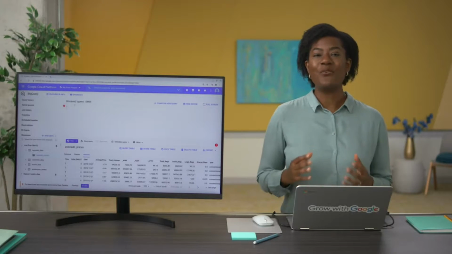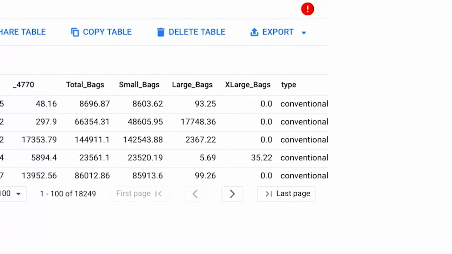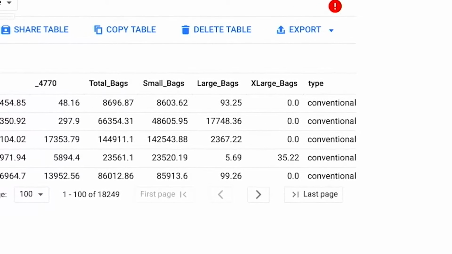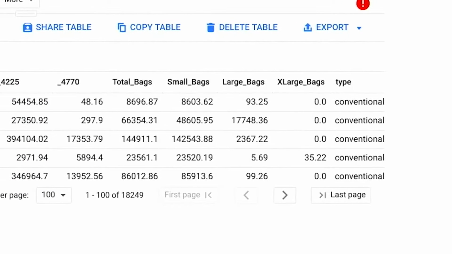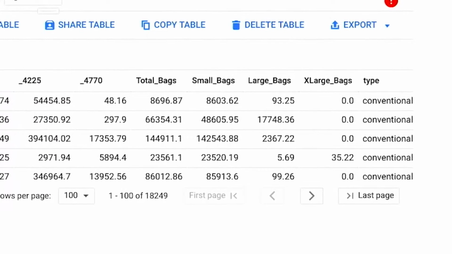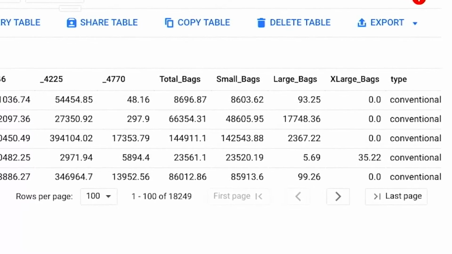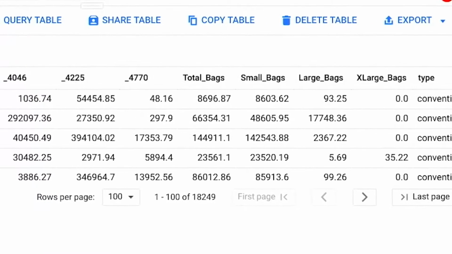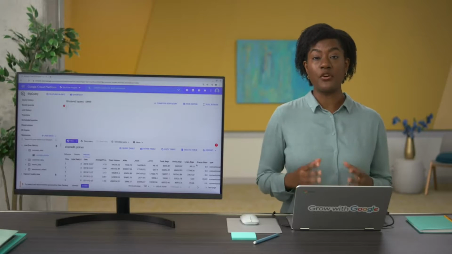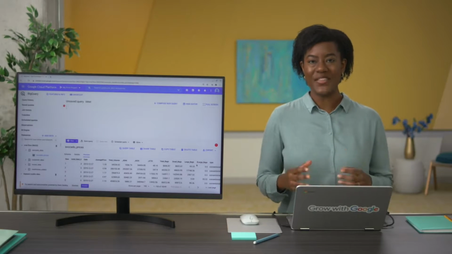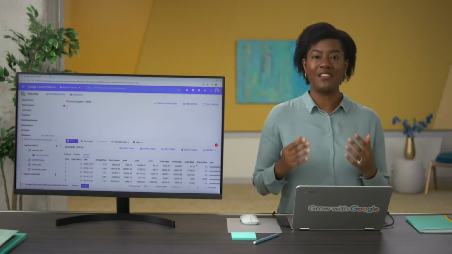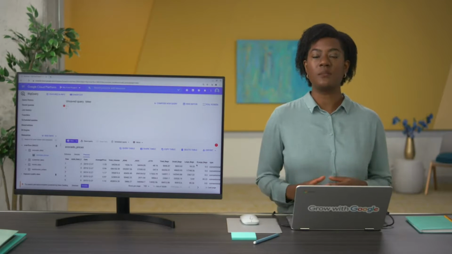Okay, data's already loaded, so we can jump right in. Our goal is to find out the total number of bags of avocados sold on each date at each location using this data. There's already a column that shows us the total, but we want to make sure we understand how that total is calculated. We want to make sure that the total column is just small, large, and extra large bags added together. So we'll add the values in those three columns together in our query and then compare them to the total bags column in the dataset. We'll start with the select command, which we'll use to pull certain columns from the table.